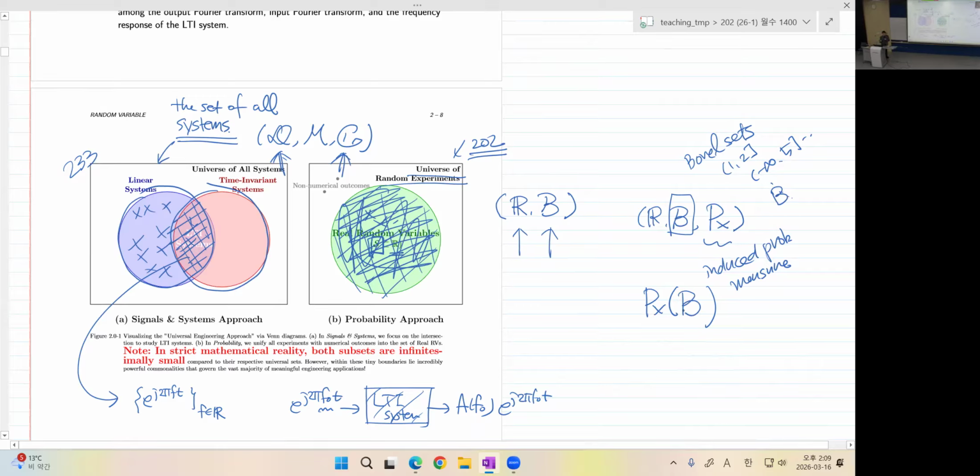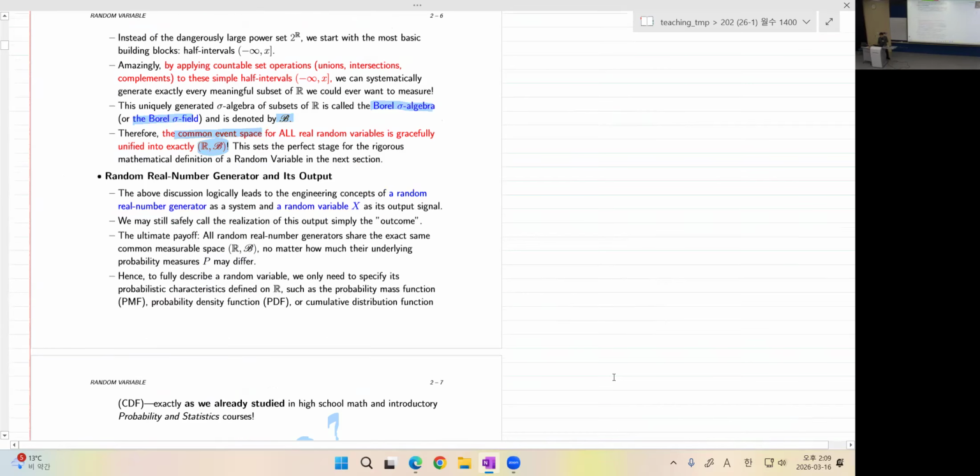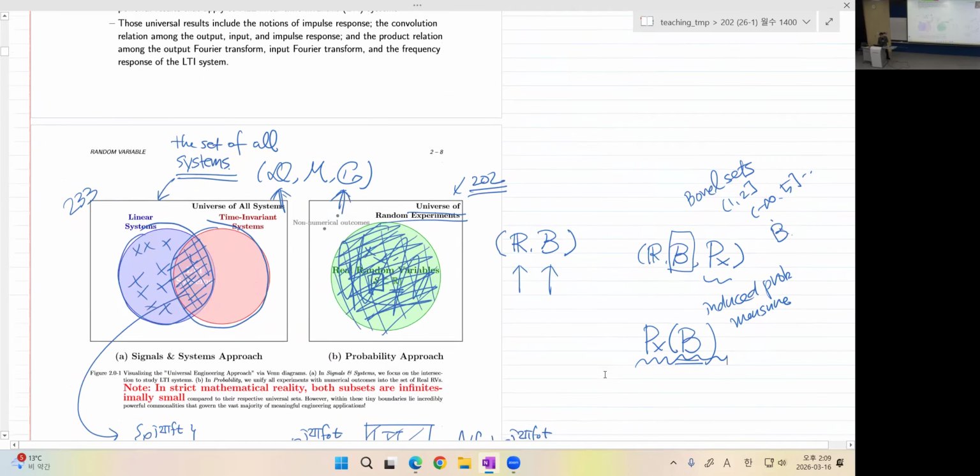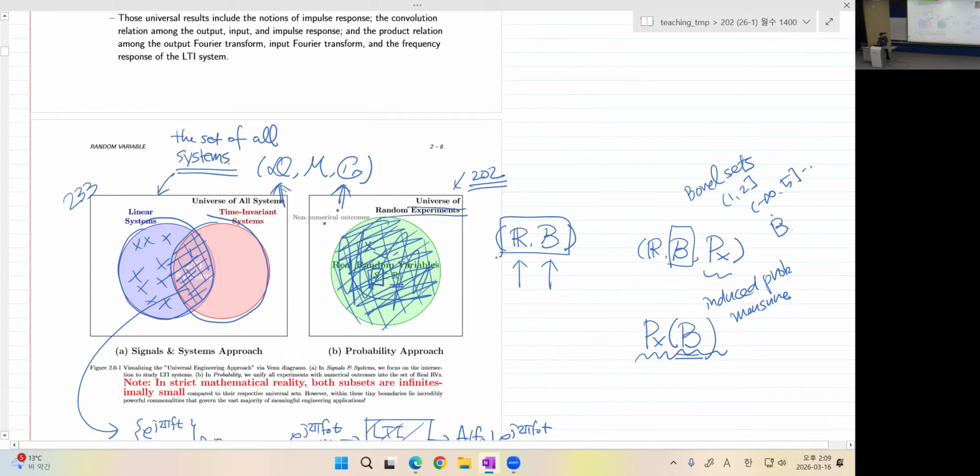Then in that case, the probability event that our X, the output, is a member of Borel set B is computed in this way. And you may again say that, what about the previous die rolling experiment? Still, we are going to use this one, but the key is that when we construct this induced probability space, we are going to put